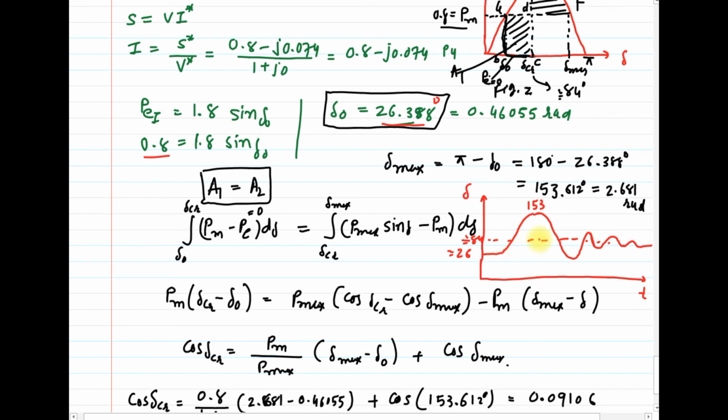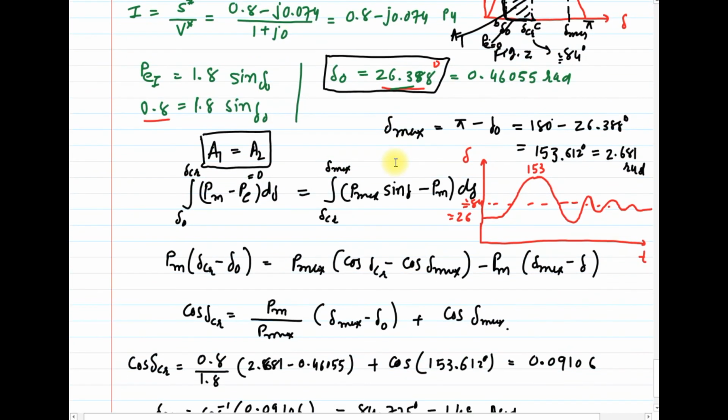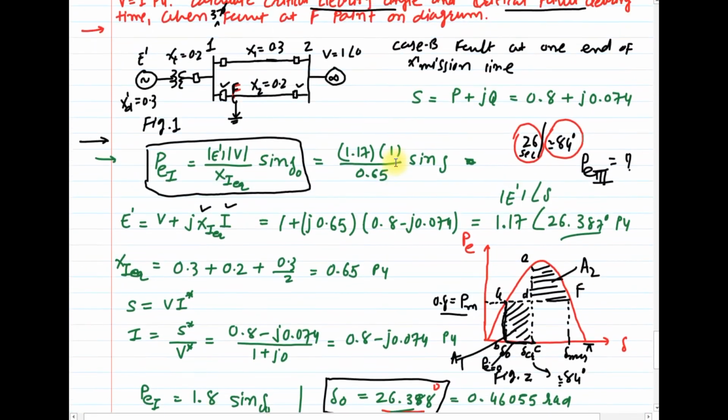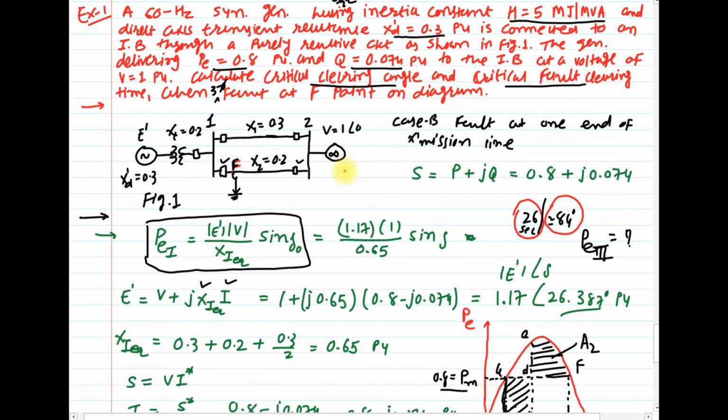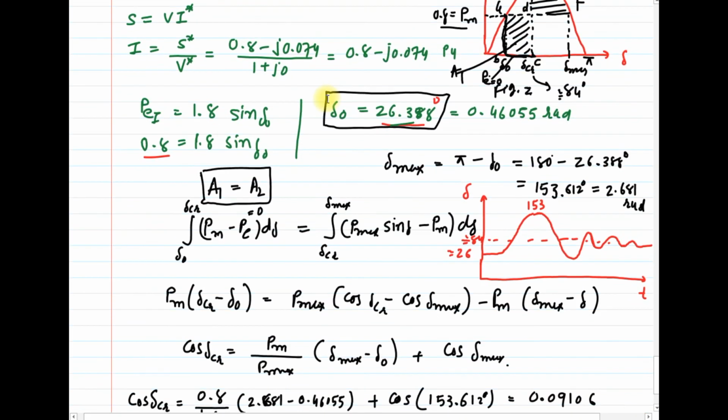And why? Just because the fault is cleared at a time of 0.26 seconds. So if the fault is cleared within this time limit and within this angle delta CR, then your system will be in a stable operating condition. Otherwise, there is a chance of loss of synchronism or unstable operation for this example. Clear? Just keep in mind you have to calculate the post-fault power transfer by this machine, and I hope you know very well the equation and the procedure for that.